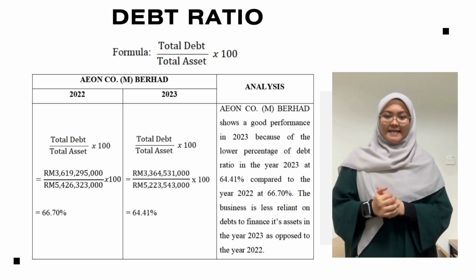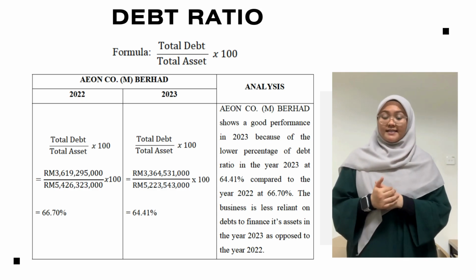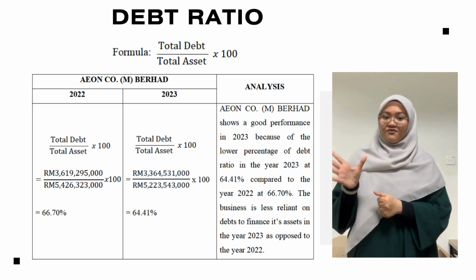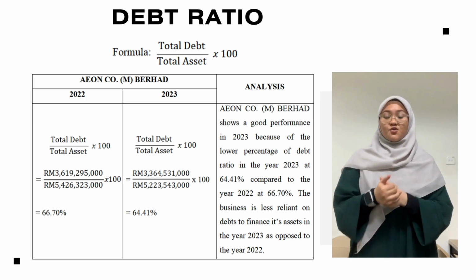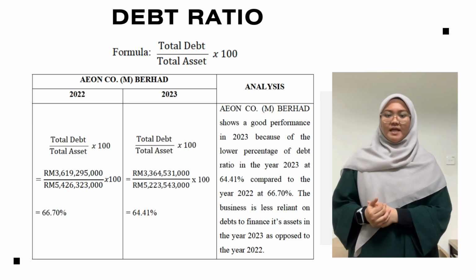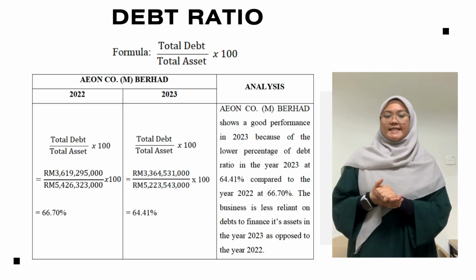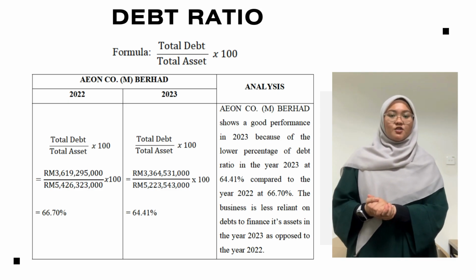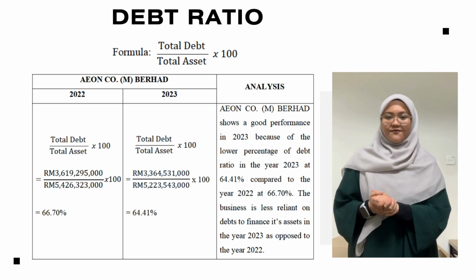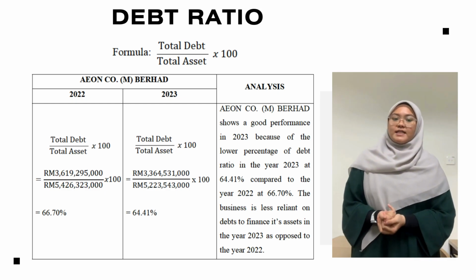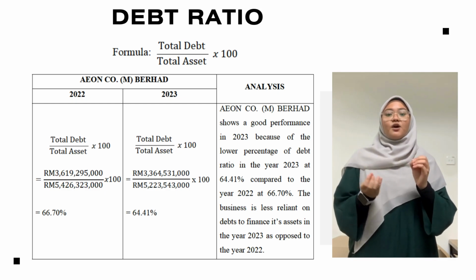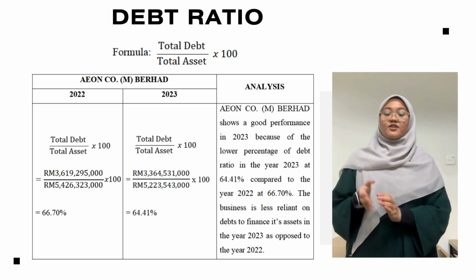3,619,295,000 ringgit Malaysia. Divide that by their total assets at 5,426,323,000 ringgit Malaysia. We will get 0.6670, times that by 100, we will get 66.70%. As opposed to that, in the year 2023, the total debt of Aeon Corporation Berhad is